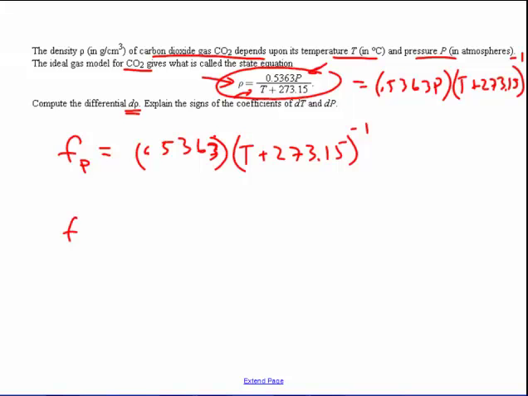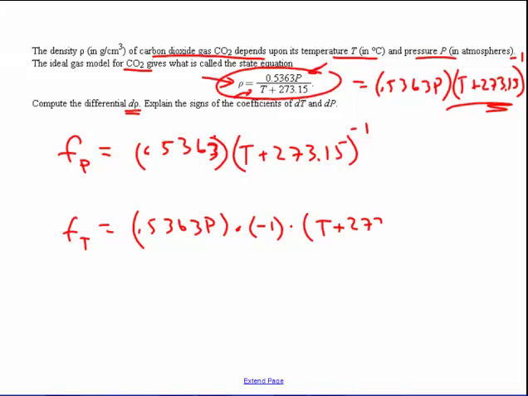And f partial t is going to equal 0.5363 p. Now we take the derivative of this, so times negative 1 times (t plus 273.15) to the negative 2, and then we have to take the derivative of the inside, which is just 1, so that doesn't really change anything. So this equals, if we now simplify these out of negative exponents, let's write that a little neater,